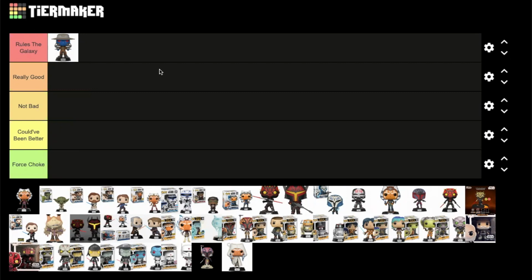We've only seen it for the Bad Batch and then the live action version from the Book of Boba Fett. So who knows, maybe because it is the 15-year anniversary of Clone Wars this year, we could get a new Cad Bane pop. But then kicking off the very first wave that came out in 2018 of the Clone Wars,